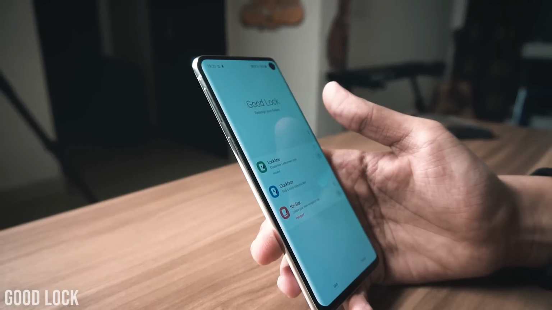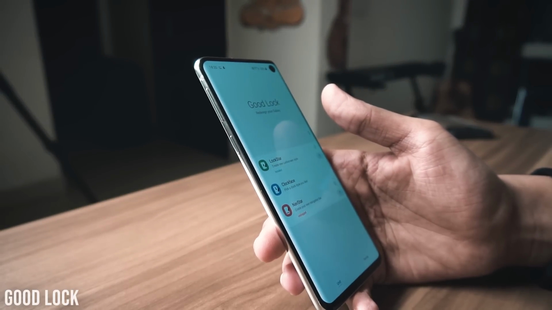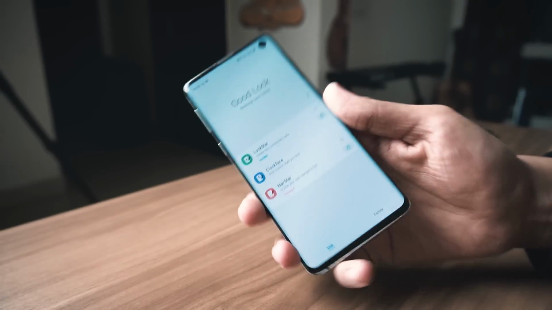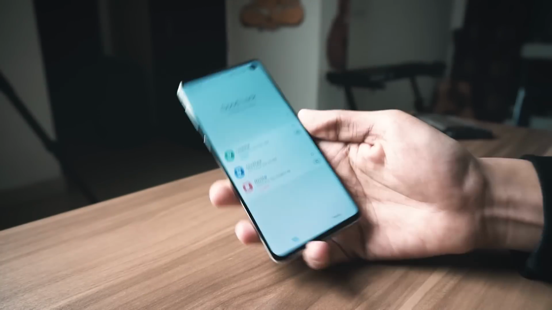This is your file manager, the only file manager you'll probably ever need for your Android, so definitely check it out. Alright, moving on, we've got something called GoodLock, and GoodLock is essentially not an app on the Play Store. It's something that you have to download for your Samsung devices from the Galaxy Store. So essentially it's an application which lets you customize your different lock screen and put different lock screen customizations on